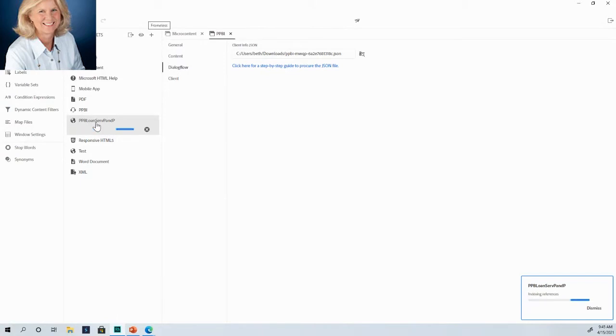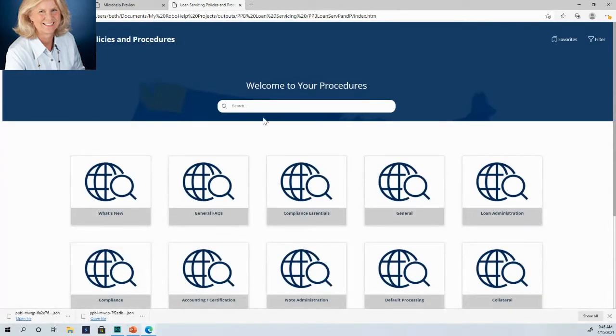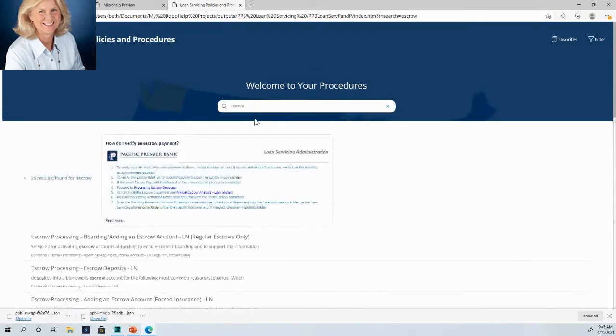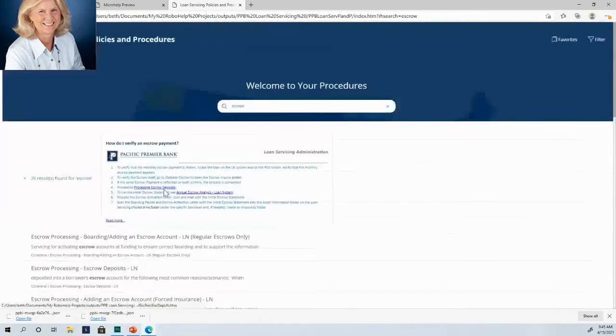So again, I'm always thinking about ways that the end user might be able to use this. Let's go ahead and view the output. And I'm going to put escrow in here. And you can see that "how do I verify an escrow payment" came right up. So right away, you can see that there's tons of search results. So this is a great way